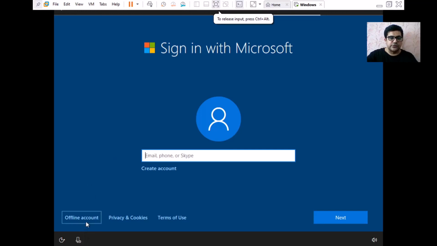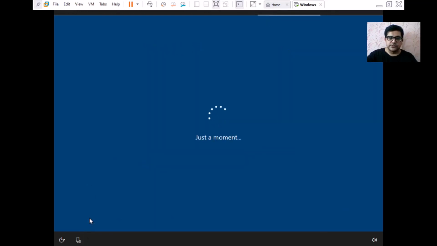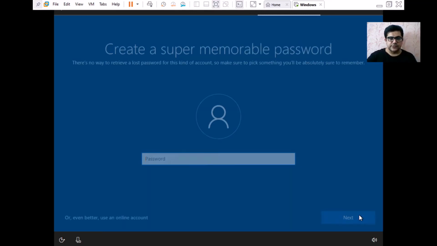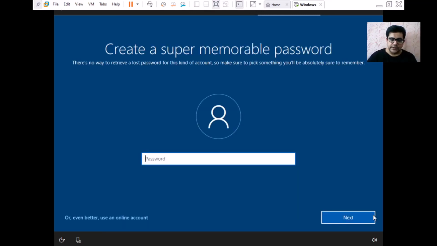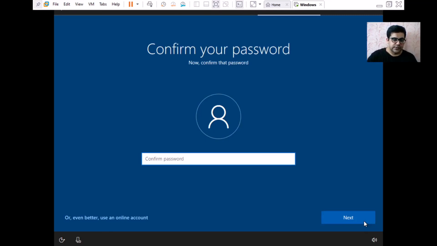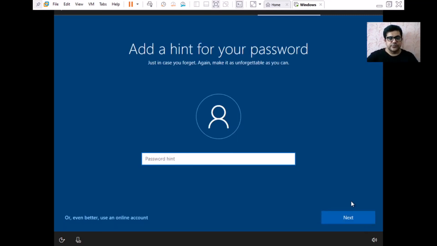So I would go with offline account. And there you just need to provide your name. So right now I'm using this. Next, and you can create a password. Next, and there you need to confirm the password. Hint,